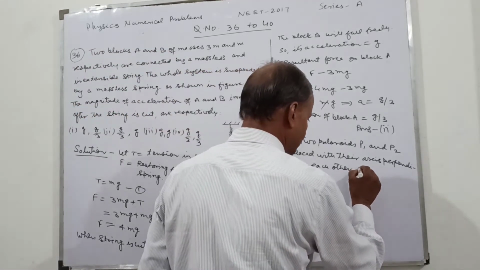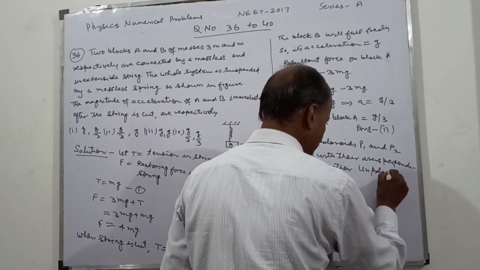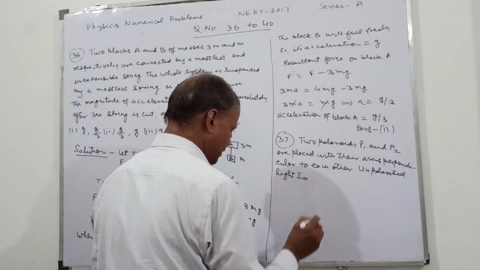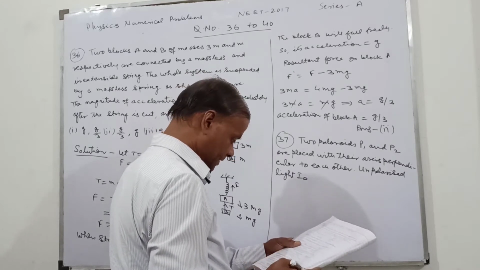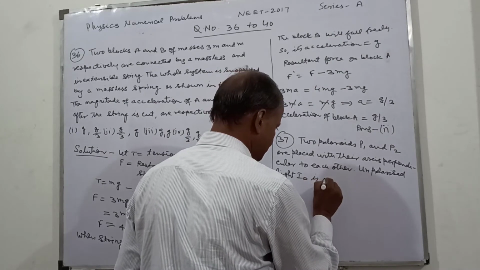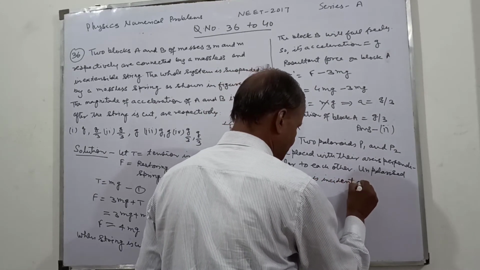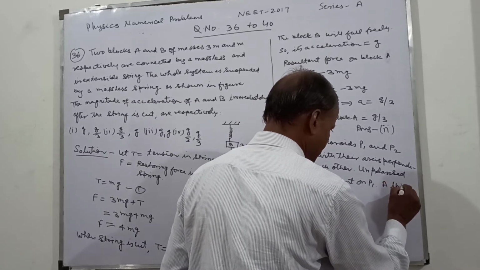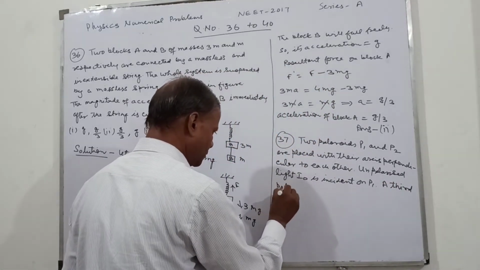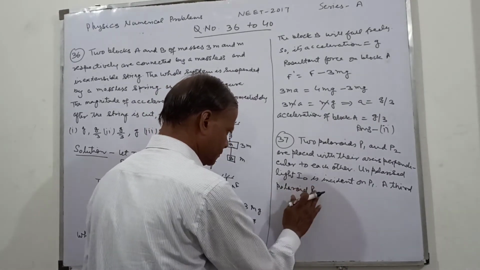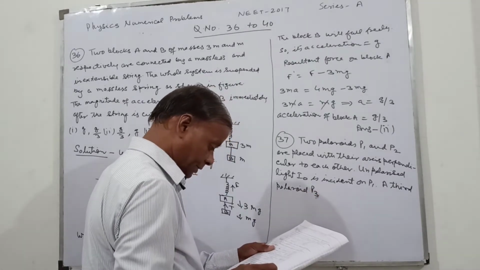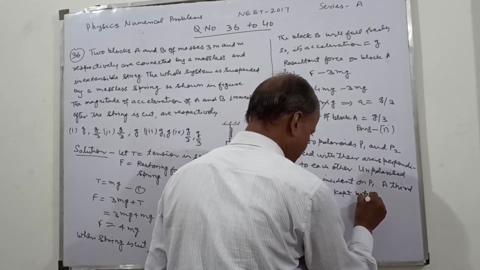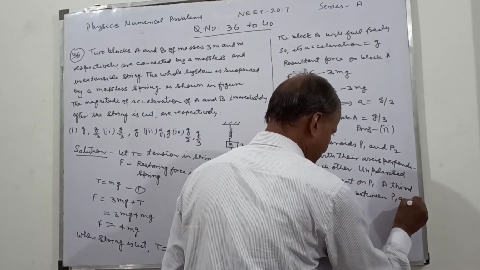Unpolarized light of intensity I naught is incident on P1. A third polaroid P3 is kept in between P1 and P2,